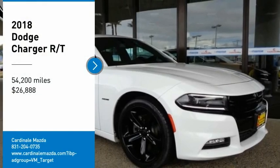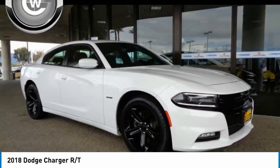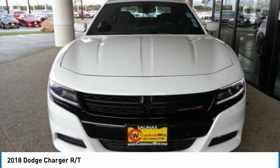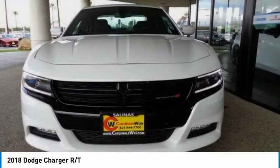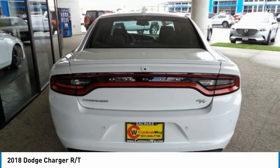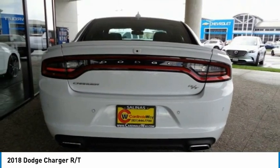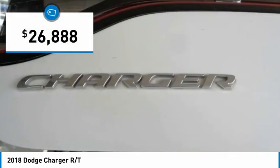We are pleased to show you the 2018 Charger. Inject some versatility, comfort, and sophistication into your muscle. The Charger is a powerful sedan that excites at every turn. Peace of mind comes standard with Charger's 5-star government front and side impact crash test rating and is priced below